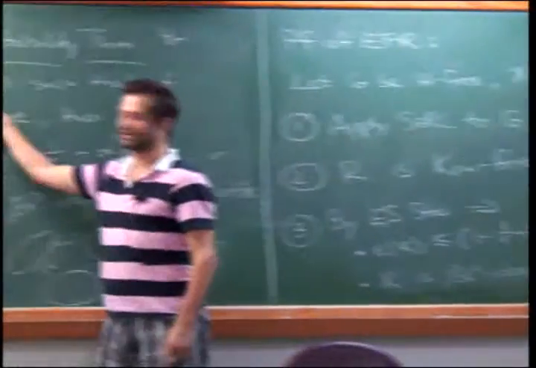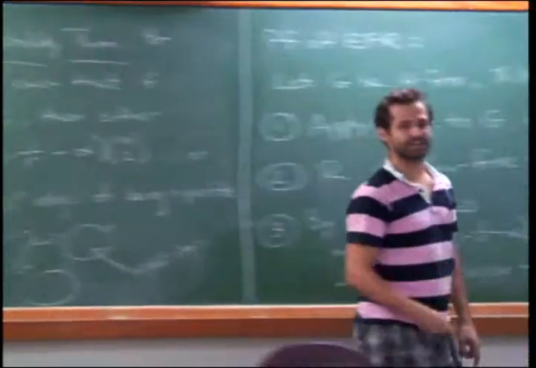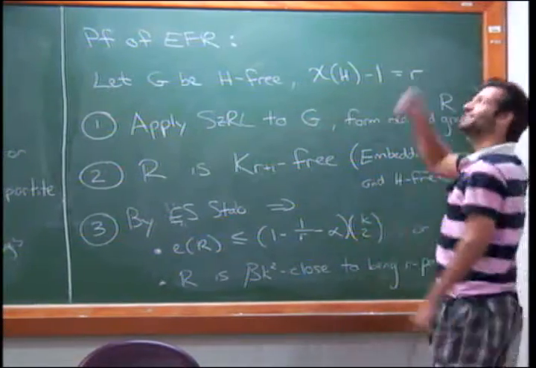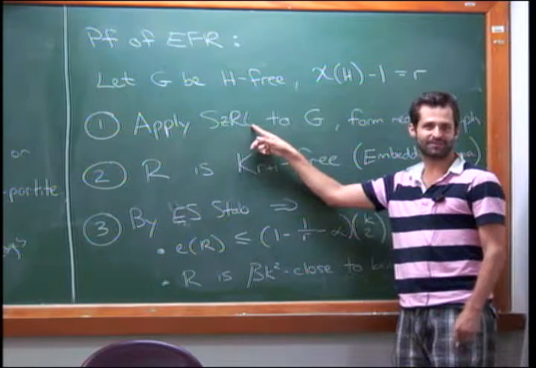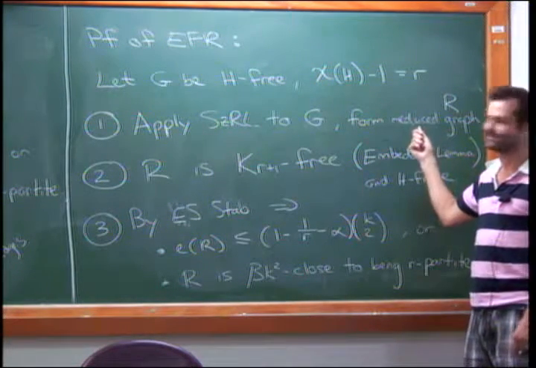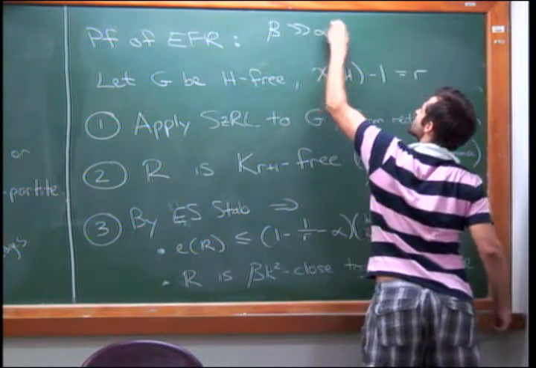That then gave us an alpha, much smaller. We then chose a delta, much smaller than that, and an epsilon, much smaller than that. Okay? We applied the regularity lemma with that epsilon. And we formed the reduced graph with that delta. Okay? So the order of constants